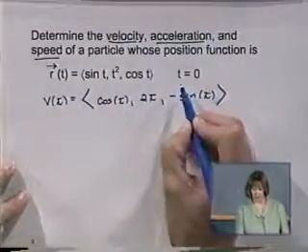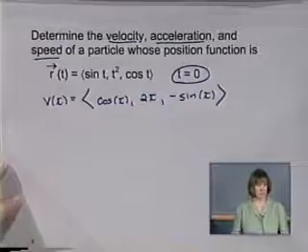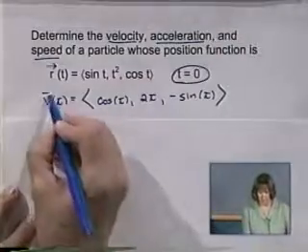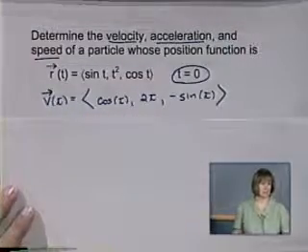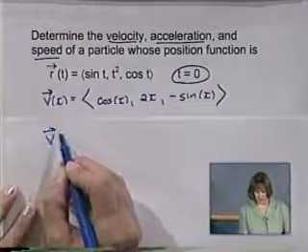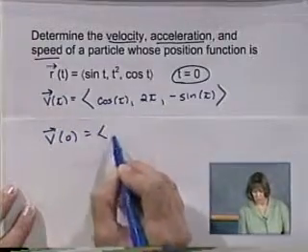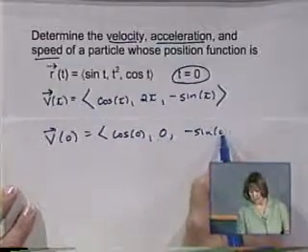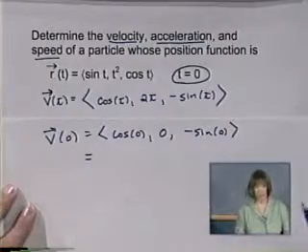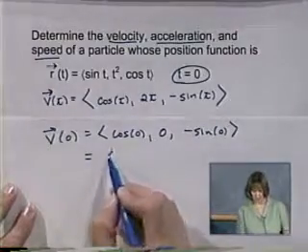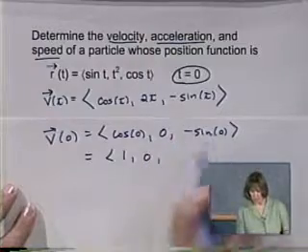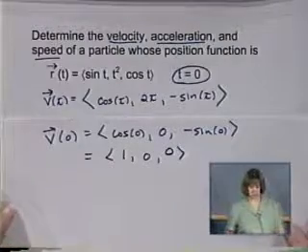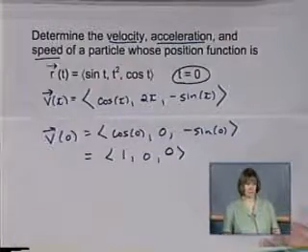Now, if they want me to evaluate my velocity vector at t equals 0, and I should have put an arrow above that because it is a vector, the velocity vector evaluated at 0 would be cosine of 0, 2 times 0 is 0, minus sine of 0. And I guess you're understanding how important trigonometry is in this course. We get cosine of 0 is 1, 0, and sine of 0 is 0. So the velocity vector evaluated at t equals 0 is the vector 1, 0, 0. In addition,